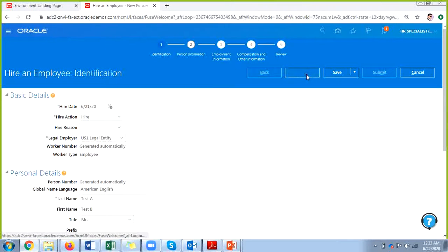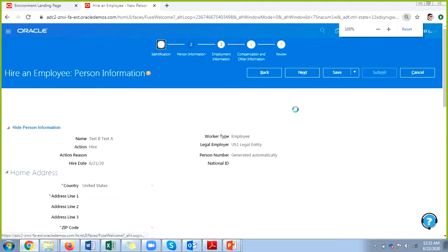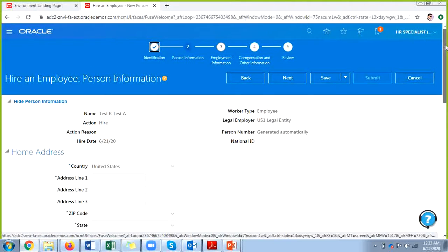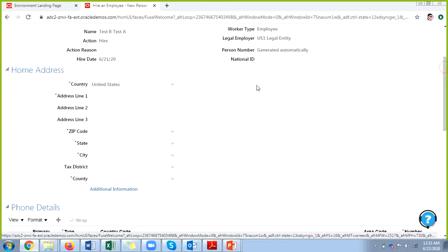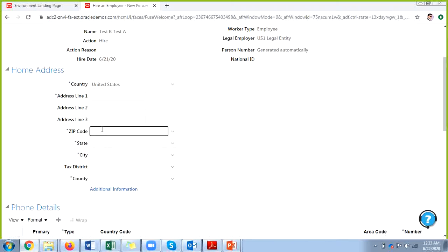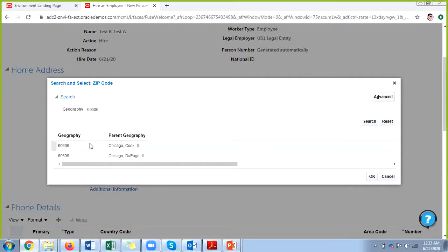Go to the next page, where you can enter employee personal information. Select the employee zip code. You can select the employee geography.